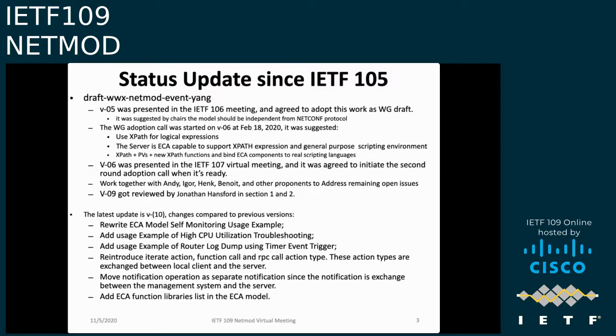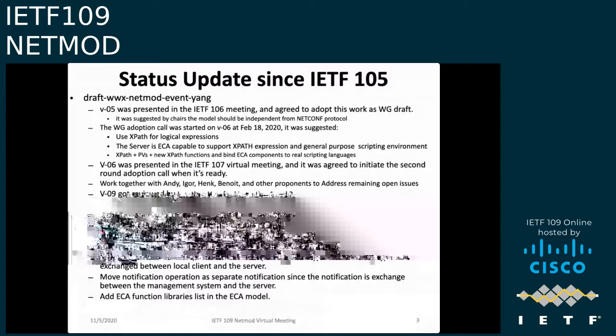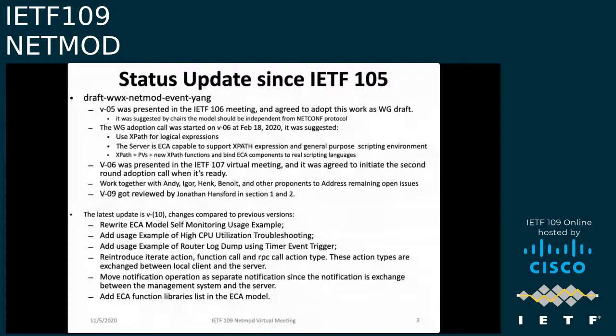So in the latest version, we made a lot of changes. The big change is we rewrote the ECA model usage example. We also added two new usage examples. One is related to the CPU utilization troubleshooting. The second is related to the root log dump. And